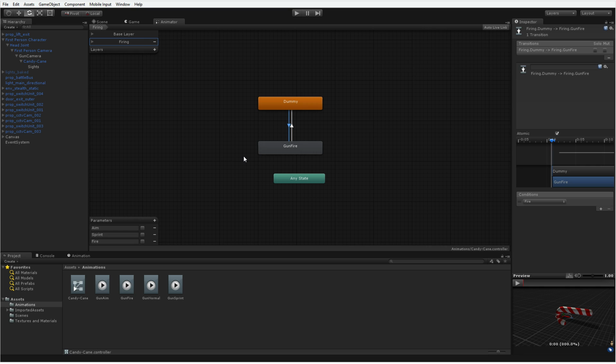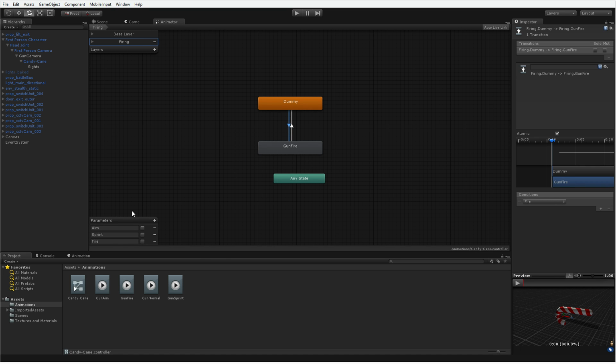So now what we need to do is deal with our scripts that are actually going to make this work. And so we're going to have two. The first is part of the character script to begin with, the first person character script, and that's going to tell our animation system when we're sprinting and when we're not, when we're aiming, right? The other one is going to be a new script, and that's going to manage how we shoot, and that's going to manage aiming at enemies, and that's going to manage actually damaging them.